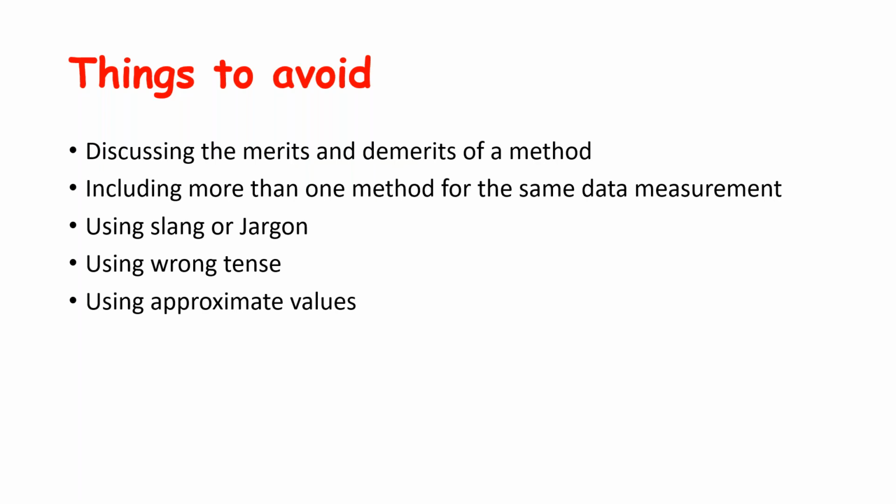And then do not use approximate values like 'around 10 ml of blood will be taken'. No, you have to specifically mention that I will draw 10 ml of blood. There should be a full account of it, not that I took 10 ml blood and then I'll see what to do with it. You have to be clear, like if I am taking 10 ml of blood, every ml should be accounted for: this is needed for this, this is needed for that, as I showed you on the slide.